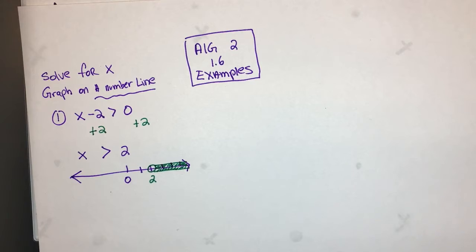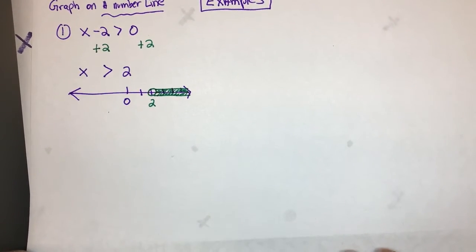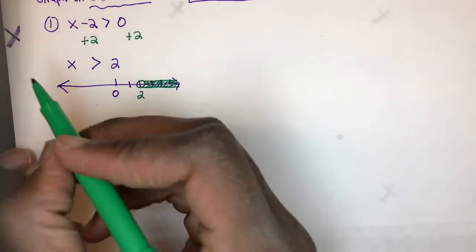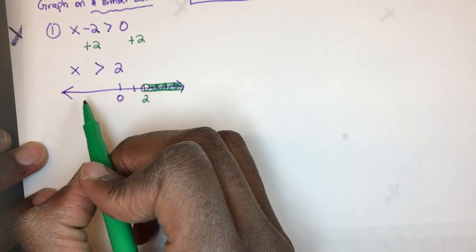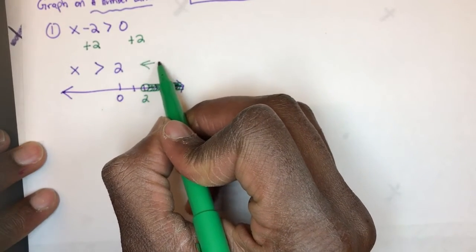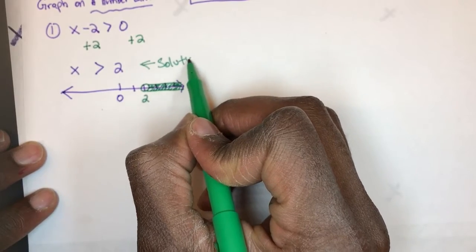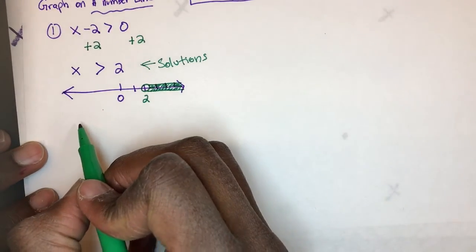We're not, obviously, because I'm Mr. Thomas. I'm going to ask for you to prove it. So you say to yourself, how do I prove this? How do I prove that for x minus 2 is greater than 0, all my solutions, right? It says solutions. All my solutions are x is greater than 2. Well, what I do is I start by